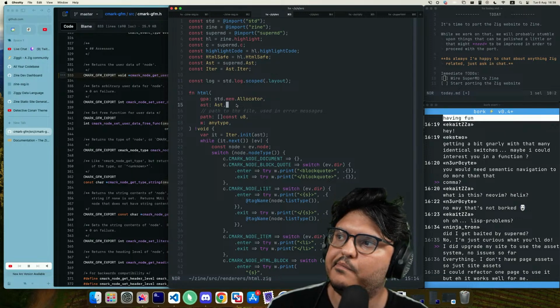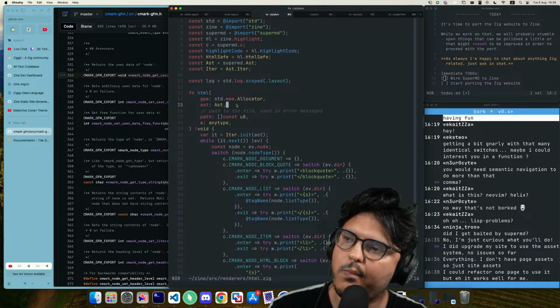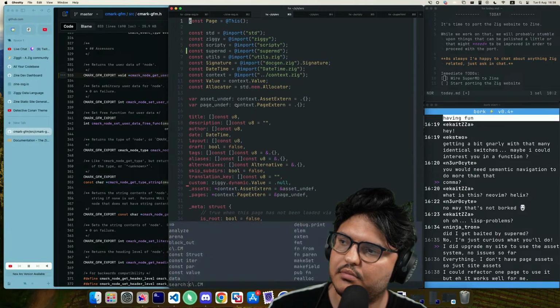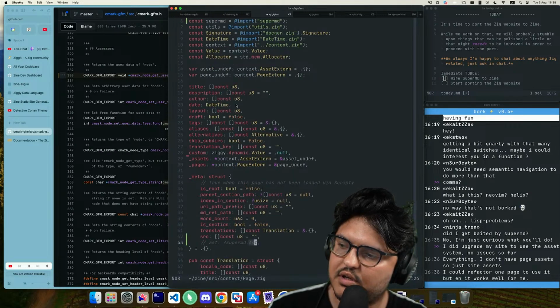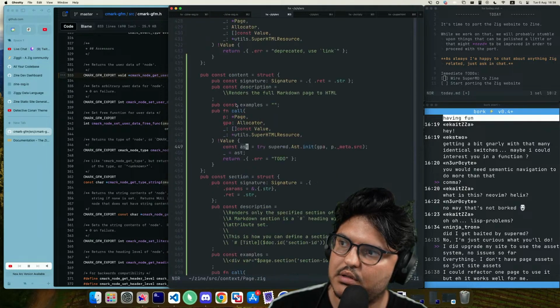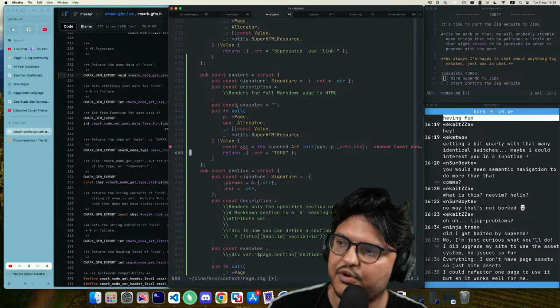Okay. How do we do this? Page. So we are not saving the AST right now because caching probably should be done in a different way. So there you go. Content makes a super AST, and then we return error to do. Well, you know what? It's time to return string.